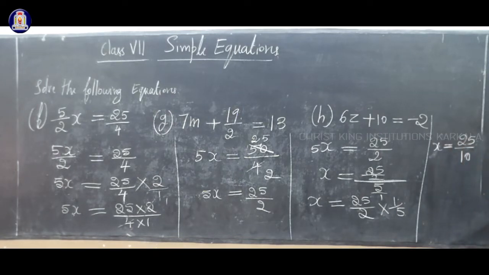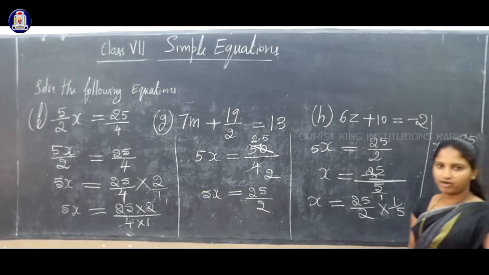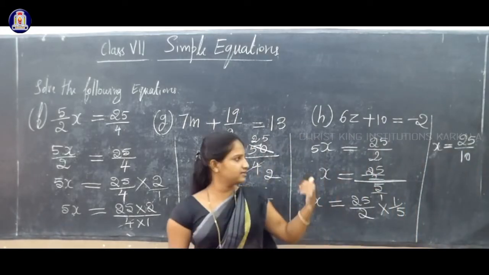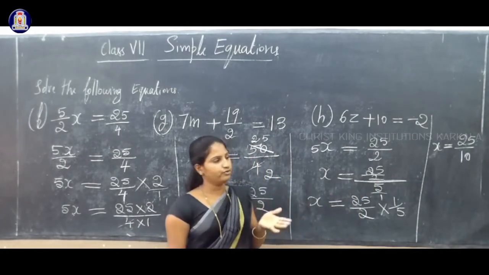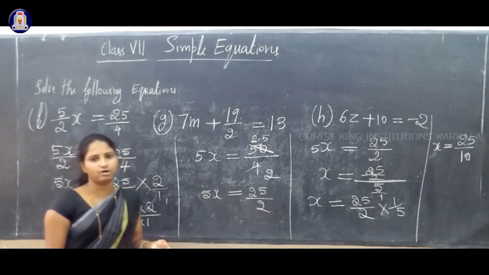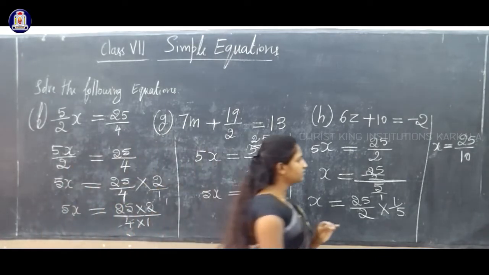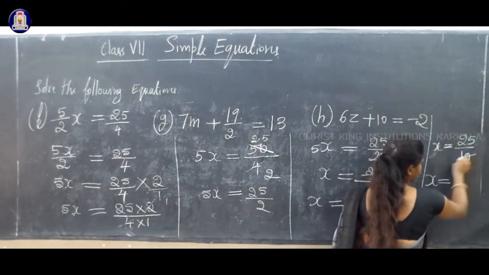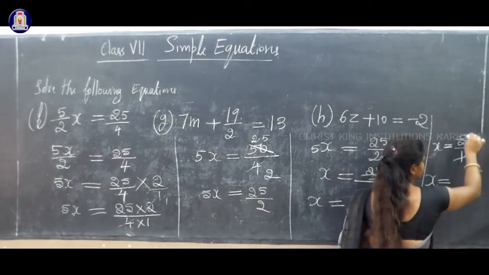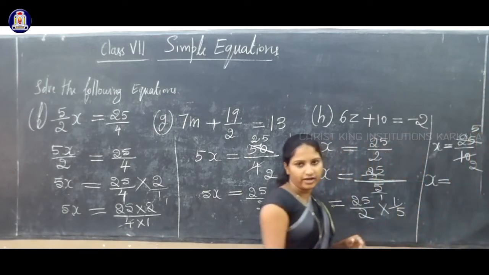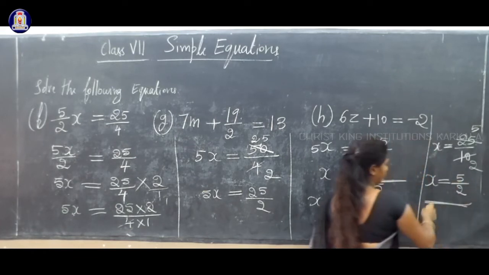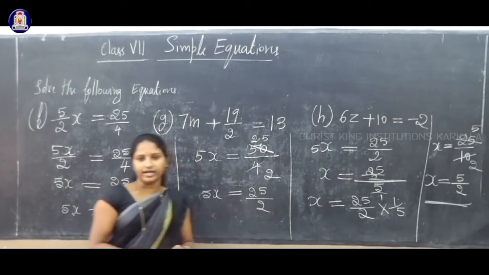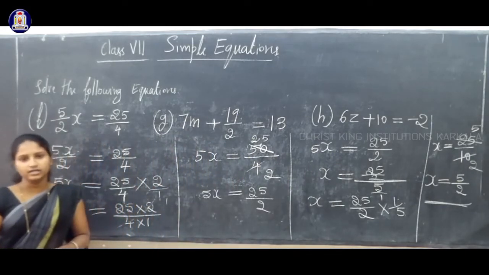So you know, does 10 divide 25? No, 10 does not divide 25, but the 5 table divides both numerator and denominator, isn't it? So 5 divides 25 and 5 also divides 10. So we can divide both numerator and denominator by 5. Now x is equal to 5 how much are 10? 5 2s are 10. 5 how much are 25? 5 5s are 25. Correct? So now remaining value is 5 divided by 2. So therefore x is equal to 5 by 2. So that is the value of x.